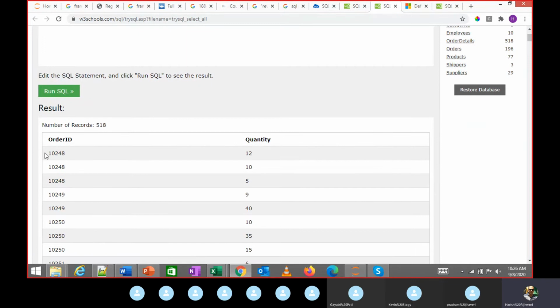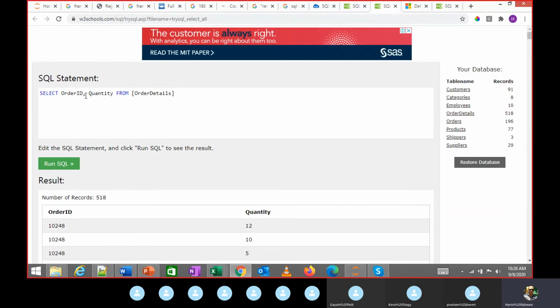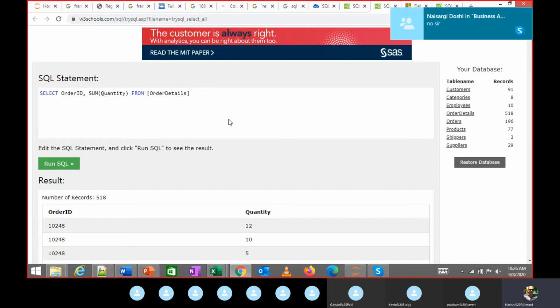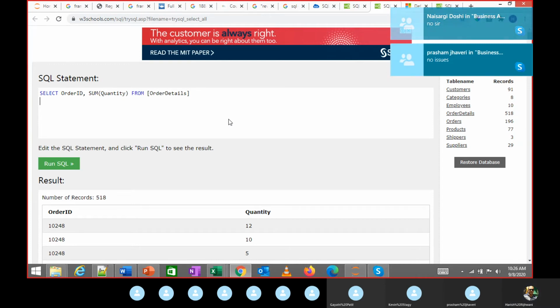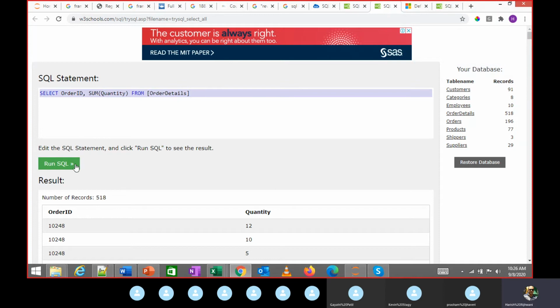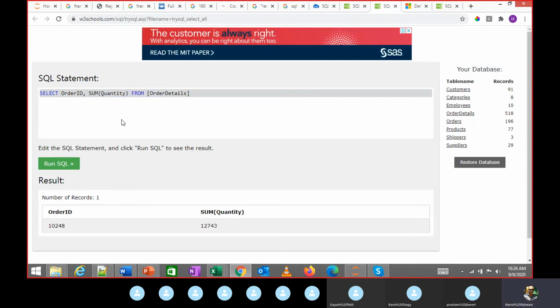But I want one row for each unique order ID. So I'm going to put a sum before this quantity. If I run this, ideally this is not how it normally works in a normal SQL; it would ask you for a group by order ID.